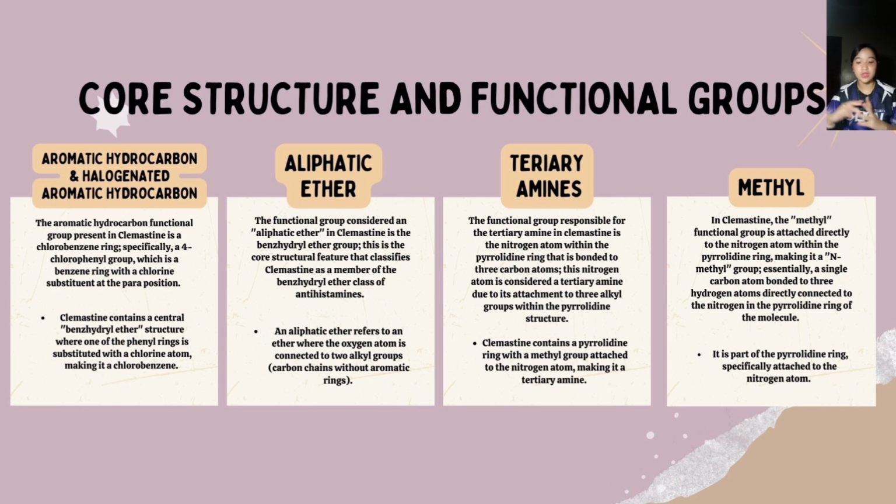Now let's move on to the core structure and the functional groups present in the clemastine drug. So basically this slide is just a summary of the recent slide. And it is where I will explain where they are attached, where they are placed, and what the purpose is of placing them in their structures. So, the first 2 structures present in the clemastine drug are the aromatic hydrocarbon and the halogenated aromatic hydrocarbon. So, the clemastine drug contains a central